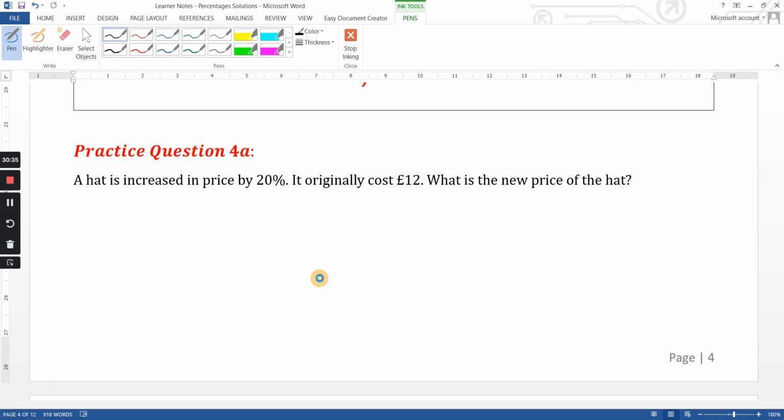Let's go for these answers then. So hats increased in price by 20%. It originally cost £12. What is the new price? So this is increased by 20%. So I'm going to do it the quick way. So I'm going to have 120% if it increases by 20%. So 120% of 12. This should give me my answer straight away, which is